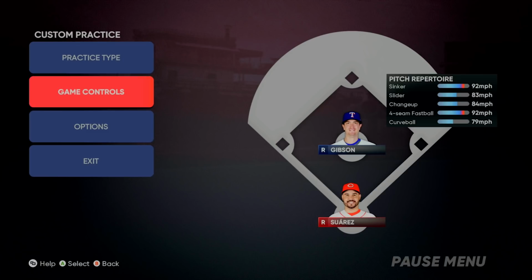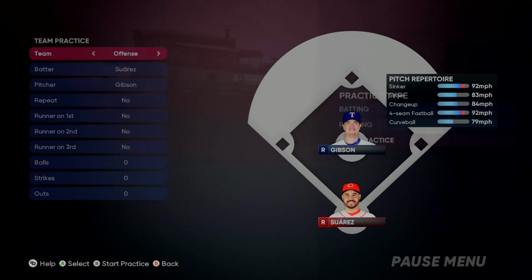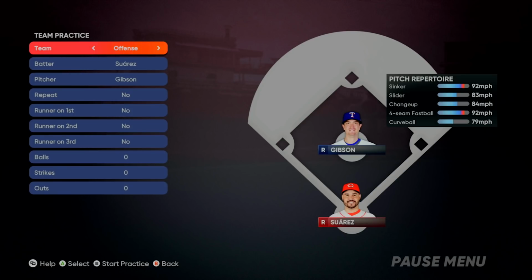But I'm going to end this by showing you, I highly recommend you work on scenarios. You can work on any batting scenarios. All you do is go to team practice, pick offense, choose the player you want to start with in the series. So say I want to work on Winker, the leadoff hitter here, and we'll just stick with Gibson. You can practice with any scenarios. You can repeat the at-bat and keep doing that same at-bat situation over and over,